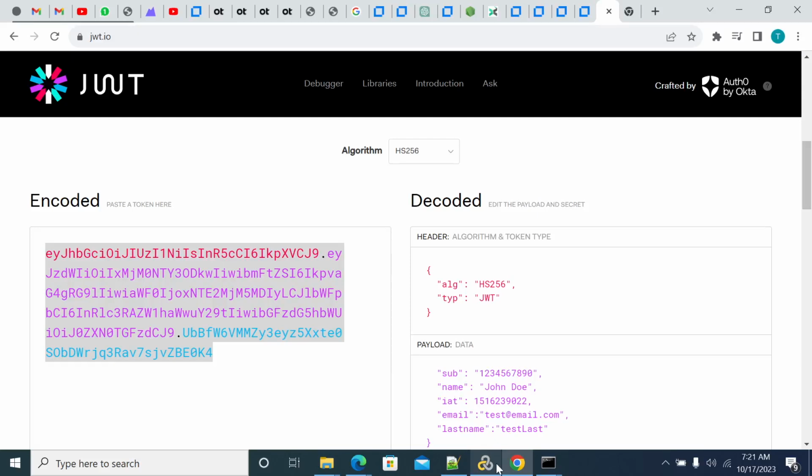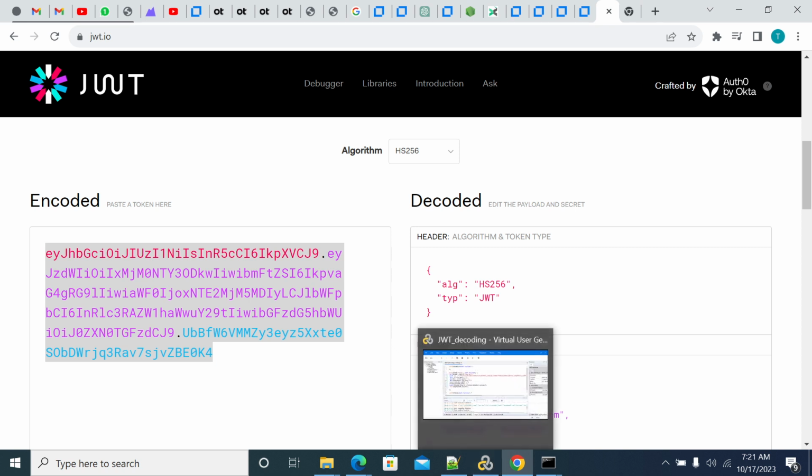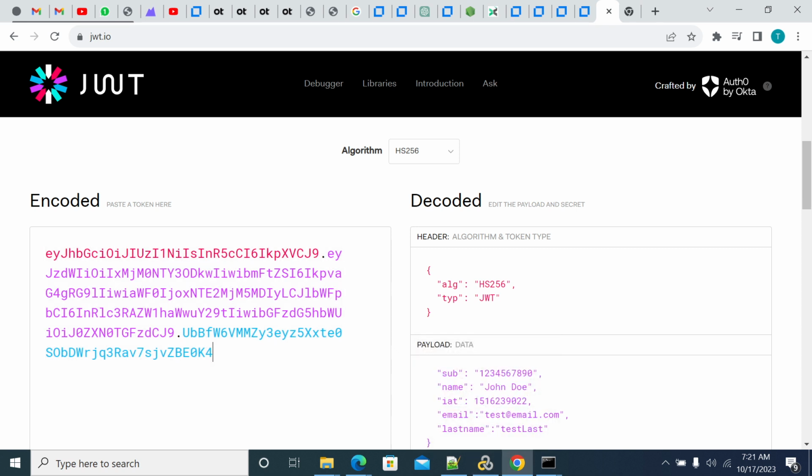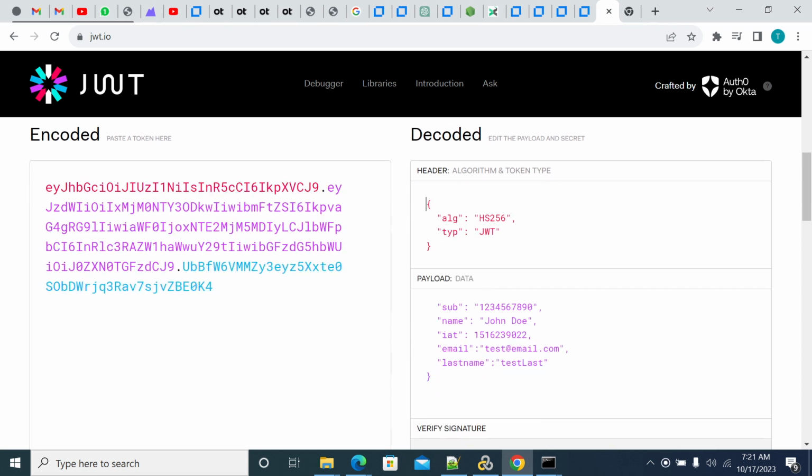Hi everyone, in this video we will see how to decode a JWT token, which we get in the responses of our API calls or web application. As I don't have any web application designed with JWT authentication, I'm using a simple encoded token like this. If you see, we have three parts